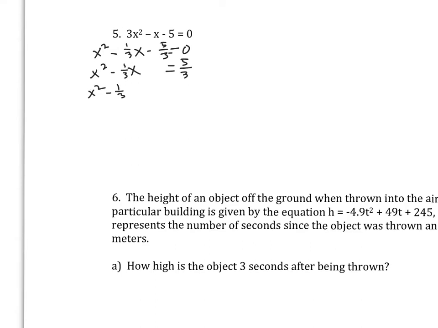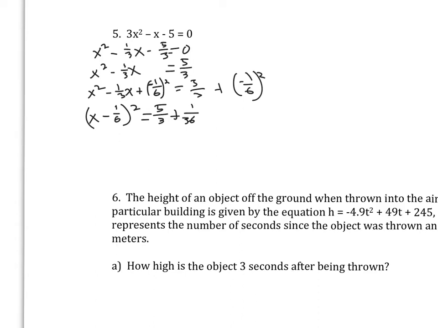So that'll give us x squared minus 1/3 x plus 1/6, which is half of negative 1/3, or really negative 1/6, squared is equal to 5/3 plus negative 1/6 squared. Okay, when we factor on the left side, we're going to get x minus 1/6 squared. And on the right side, we'll get 5/3 plus